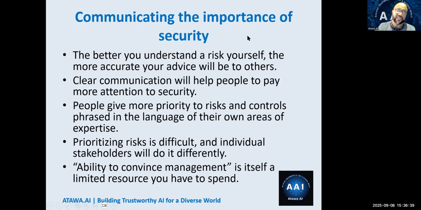In terms of just generally looking at security, communicating the importance of security for the organization is very important. That's why many organizations, every time you log on, show a big banner: security is everybody's responsibility. If you phrase it in a language that people understand based on their area of expertise, people are more likely to comprehend it and practice it, right?